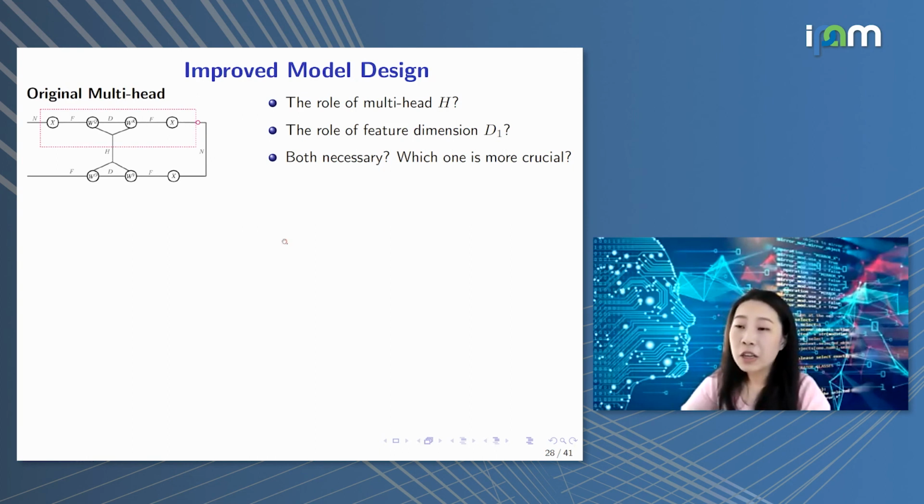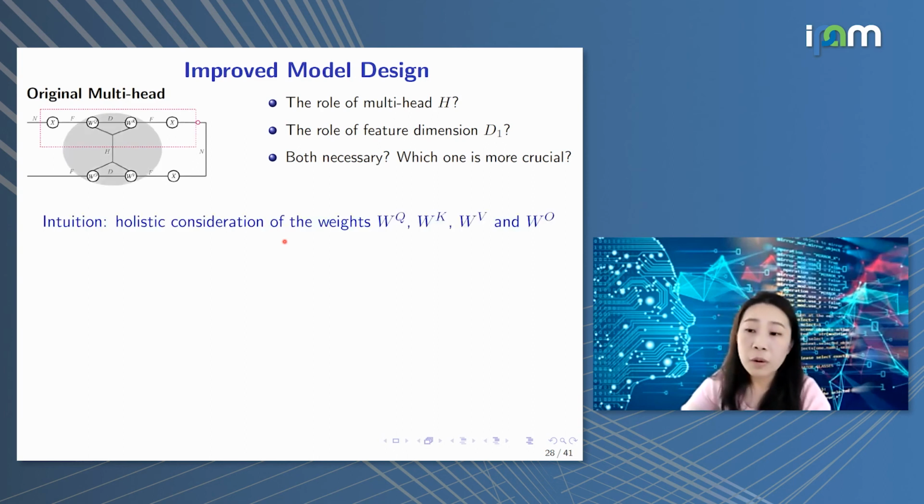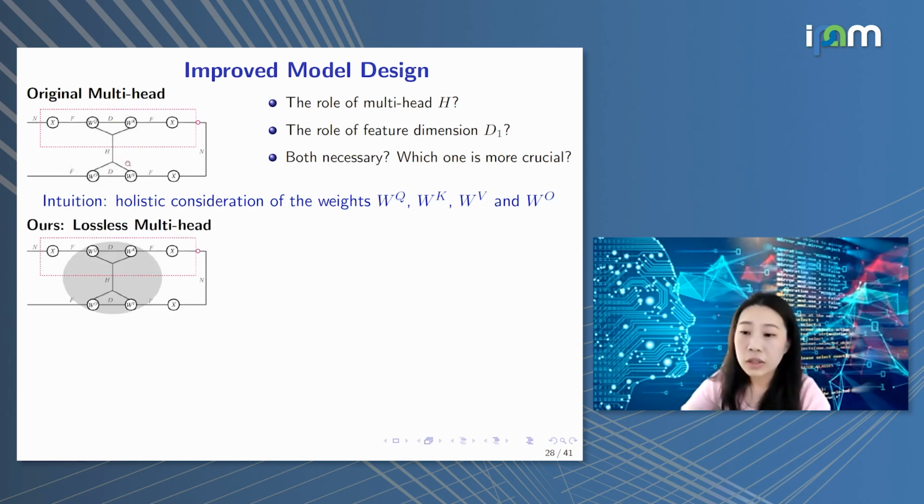So for the original multi-head tensor diagram, we wanted to understand the role of the multi-head H and the role of the feature dimension. Are they both necessary? Which one is more crucial? We wanted to understand this from the intuition that you want a holistic consideration of the weights of these weight tensors. So it turns out we propose a new design of multi-head self-attention. It actually applies to any